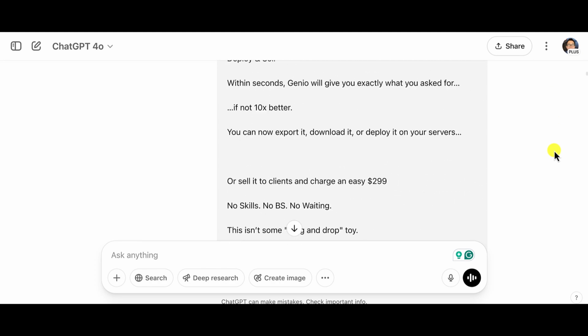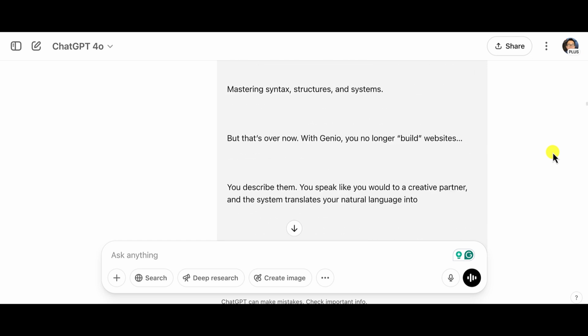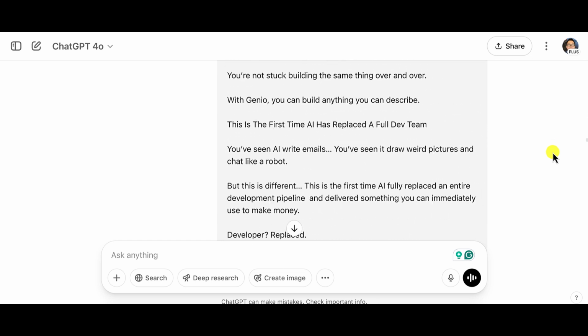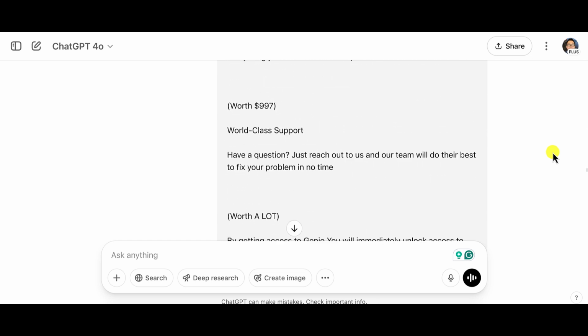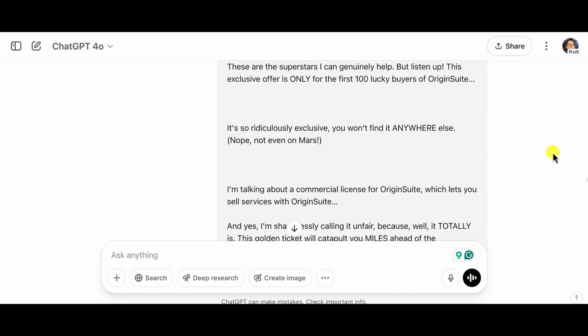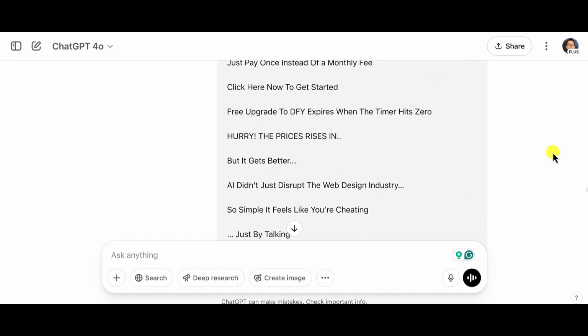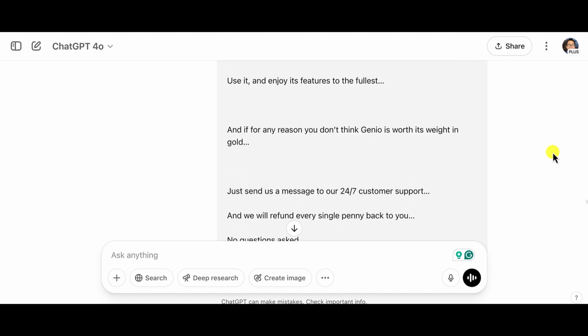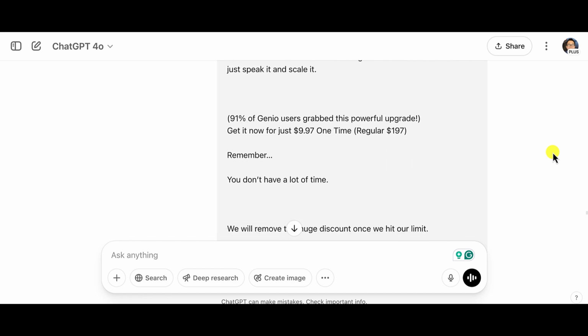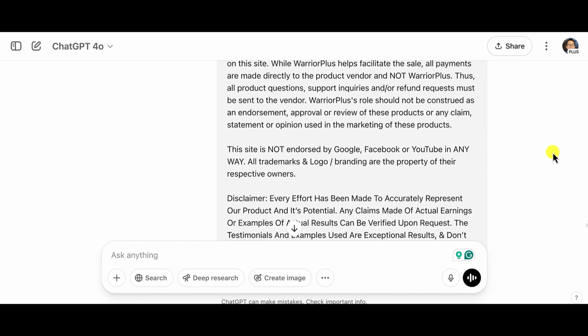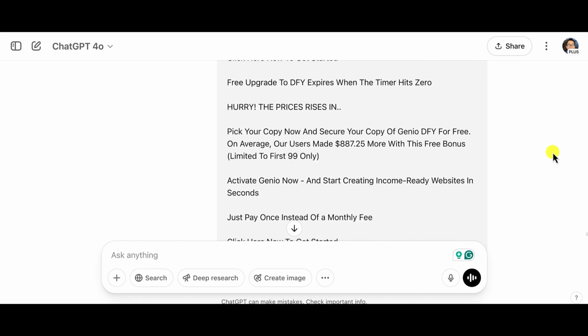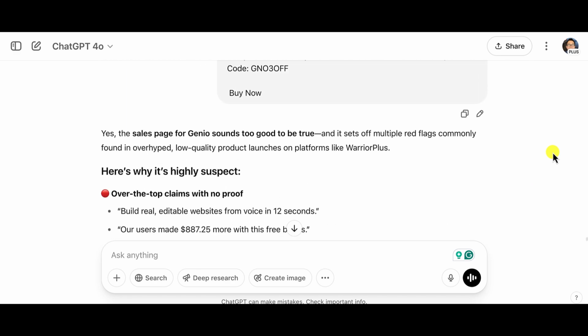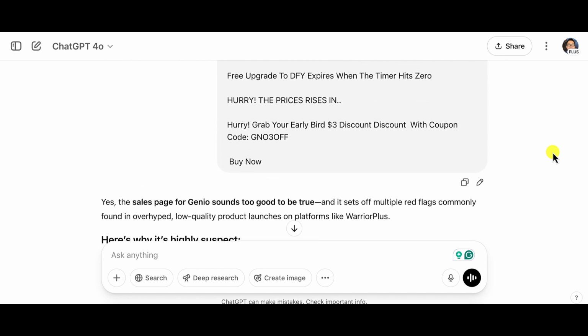Okay, let's scroll down. And again, this is going to take a while, so it's going to scroll down as fast as I can until we get to ChatGPT's response. You see how long this is, right? And then here it is. All right, finally. Yes, the sales page for Genio sounds too good to be true,